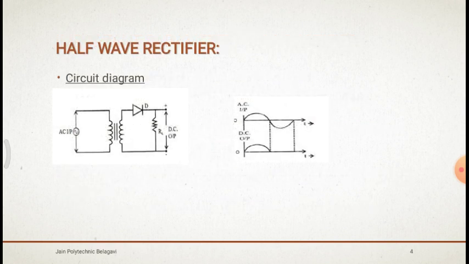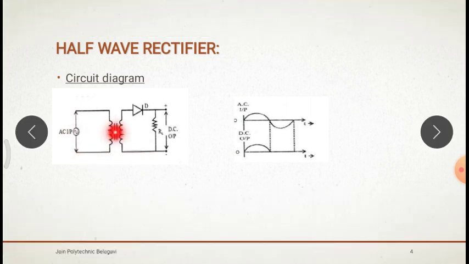See, this is a rectifier circuit diagram and its waveform. It consists of first a step down transformer. The input is AC, and our required output is DC. Here we are using one diode and this is our load resistor RL. If you are applying the input, then what happens? Assume it is 230 V and is stepped down by using this step down transformer.